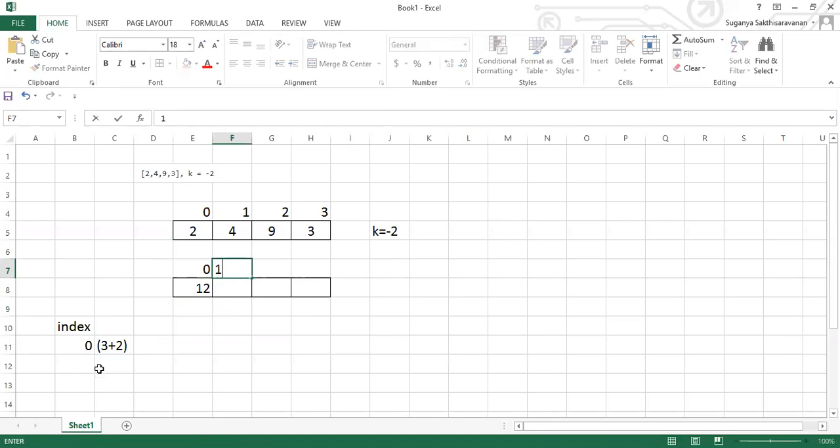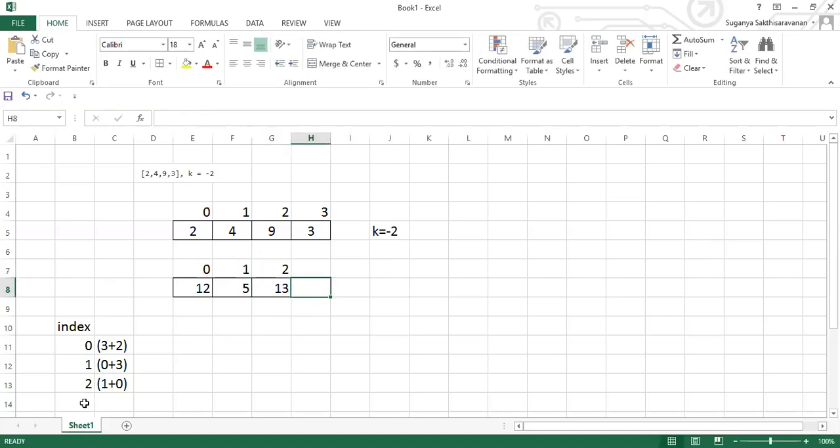The same way for the first index. If you want to fill the first index, the previous index value, the 0th index, is 2, plus the third index value, which is 3. So 2 plus 3 gives you 5. 5 will be stored here. The same way for your second index. We are supposed to take the previous two indexes, 1 and 0. So 1 plus 0th index has to be done. So 9 plus 4 will give you 13 as the answer. That is the value of the second index for the defuse bomb.